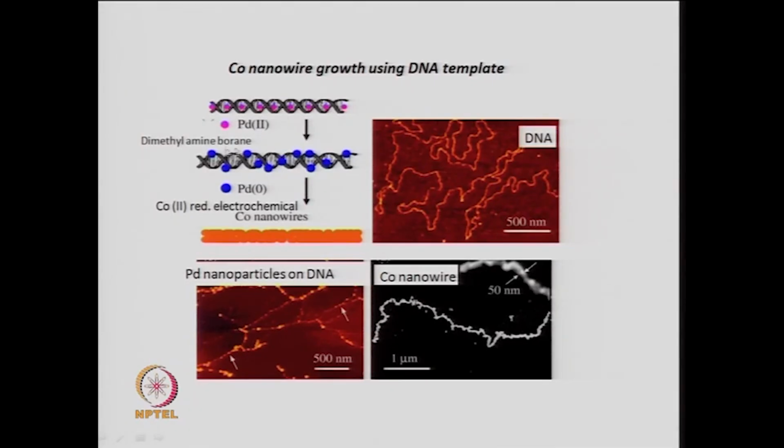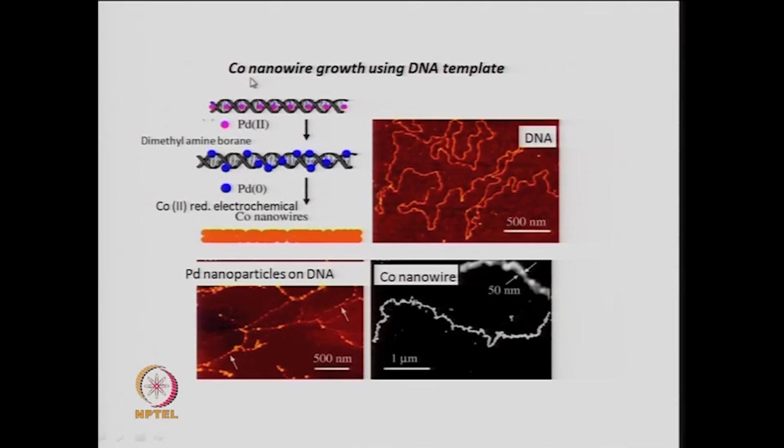When it gets reduced, and here in this particular example dimethylaminoborane was used as the reducing agent, and this reduces this divalent palladium which is inside this helical chain. When it reduces it to palladium 0, which is elemental palladium or palladium metal, then these palladium metals, since they have no charge, come on the outside of the helix, and then you dip it in cobalt 2 solution,